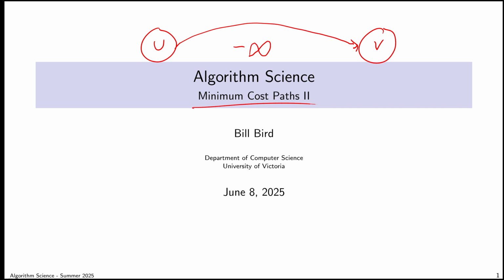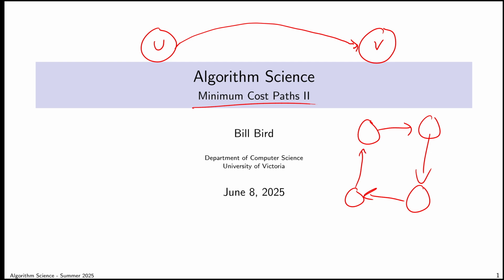We were able to characterize the situation in which this case arises as being the situation in which there is a cycle. Somewhere in the graph, there exists a cycle of some length where the total cost of travel all the way around the cycle is negative. So an example of that would be, consider this cycle here, where the cost of travel along this edge is negative 1,000. That by itself is no problem. Negative weight edges can exist and should be allowed to exist in our cost interpretation.